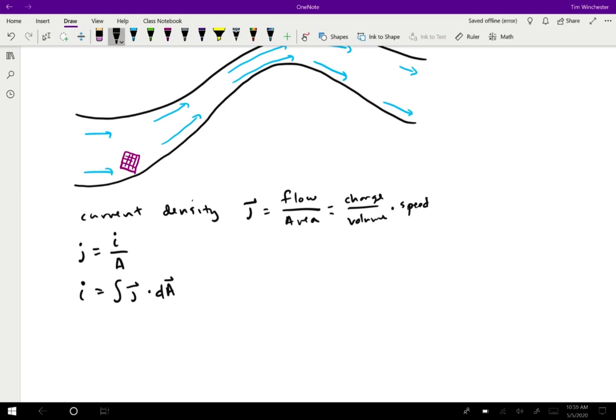If the current is going along the surface, then none of it's going through. If it's going at some angle, then some of it's going through, and it will depend on the magnitude and everything else. One of the things that's kind of interesting about this is if I imagine that I have an area that captures the entire river, like this, and I do that at a few different points,